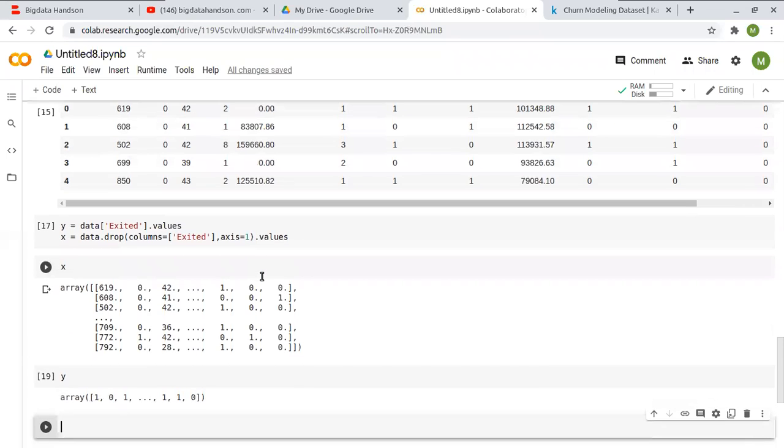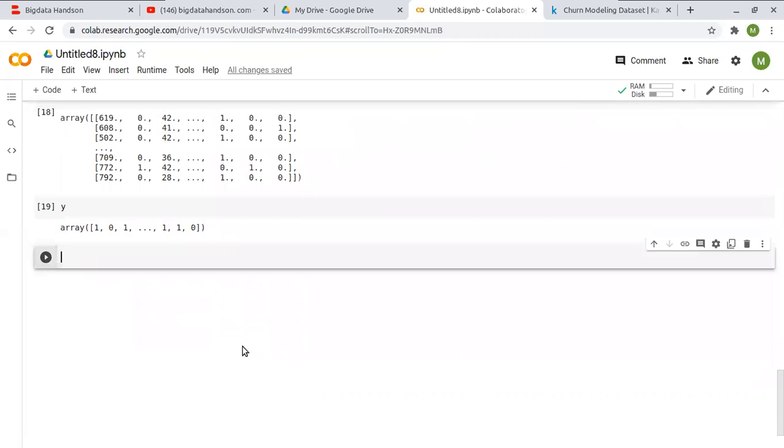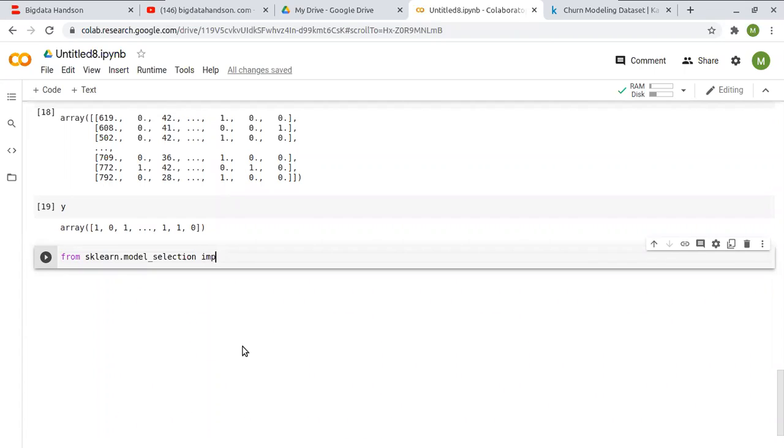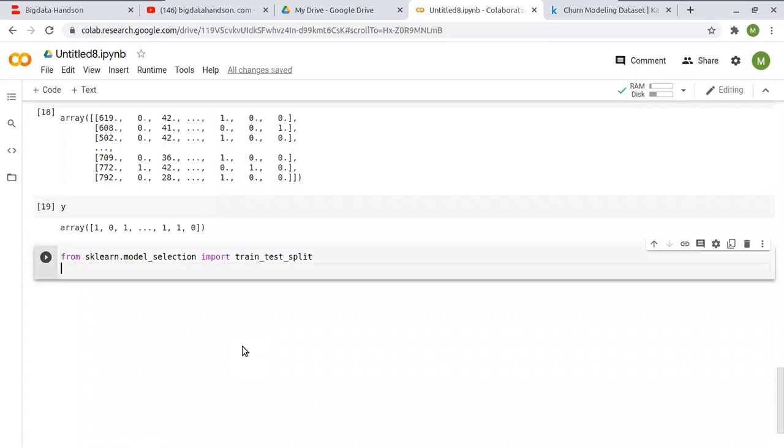Now after splitting the dataset into independent and dependent variables, we need to split the dataset into training and testing datasets, right? To do that, you have to import train_test_split from the model_selection module. This train_test_split will give you four values: X_train, X_test, y_train, y_test.